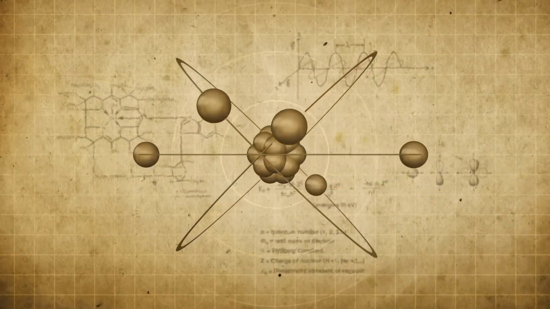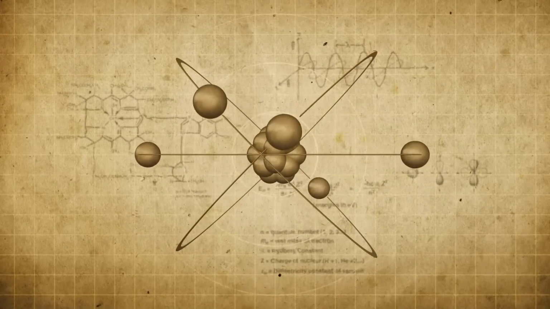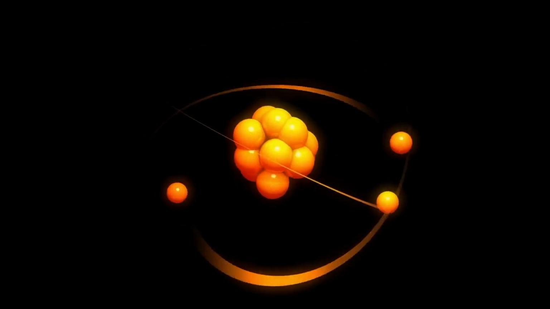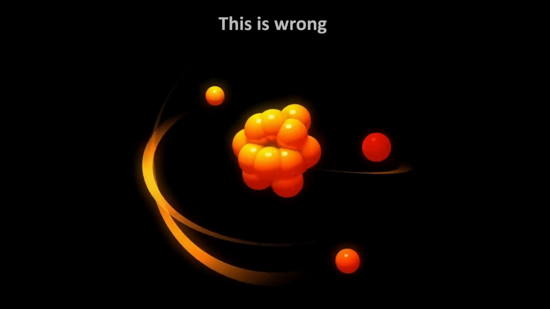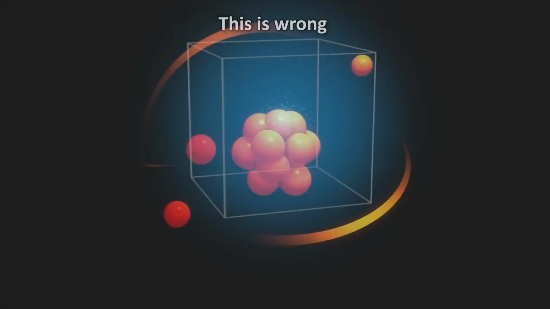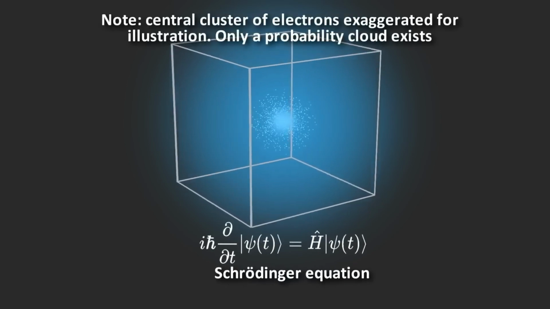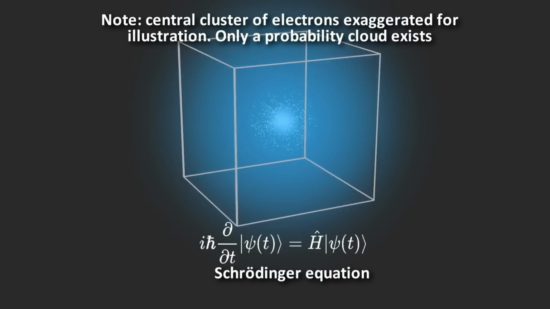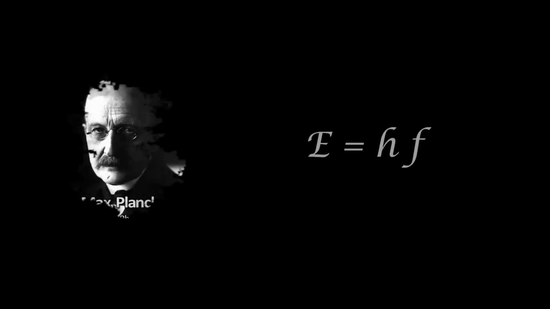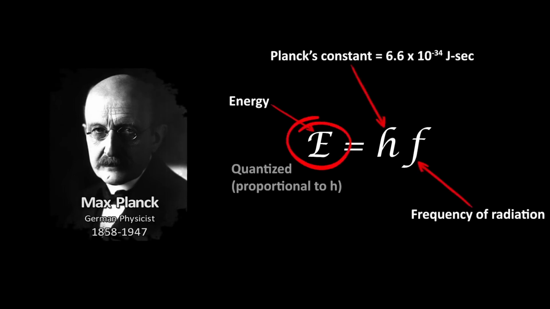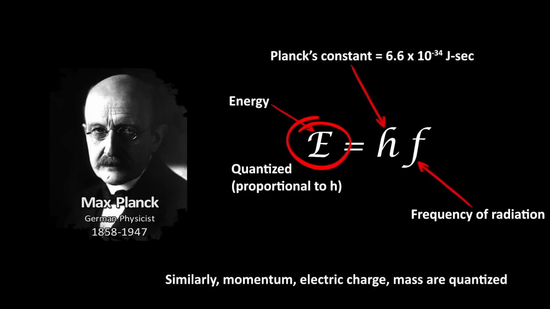The wave behavior of electrons also means that the concept of circular orbits of electrons around the nucleus of atoms that you commonly see everywhere when an atom is depicted is wrong. A better picture is that they exist in a well-defined probability cloud around the nucleus that might look more like this. The main point is that the universe is quantized. Familiar quantities such as energy, momentum, electric charge, mass, and possibly even time and space are not continuous. They occur in discrete quantum units.